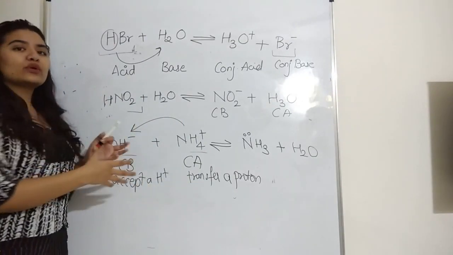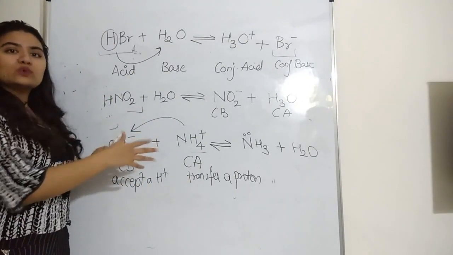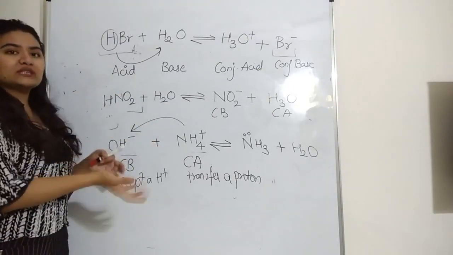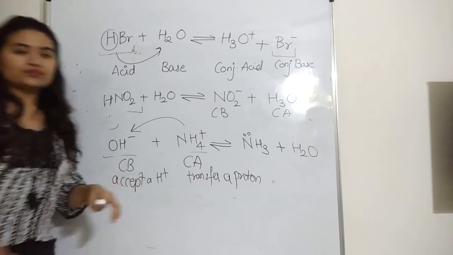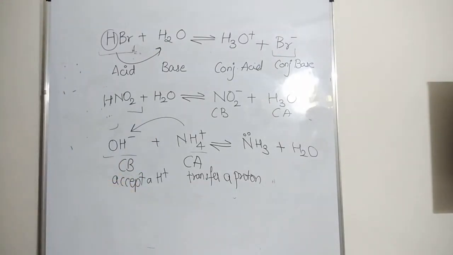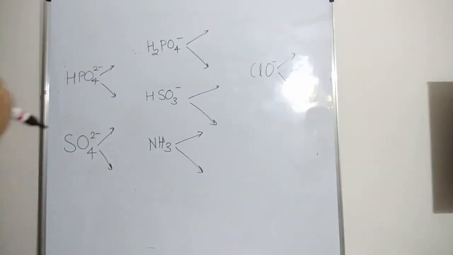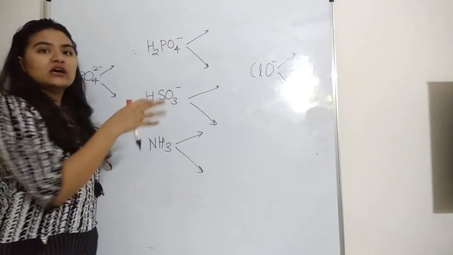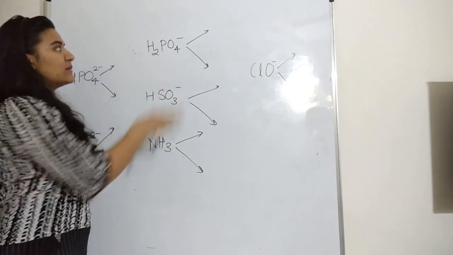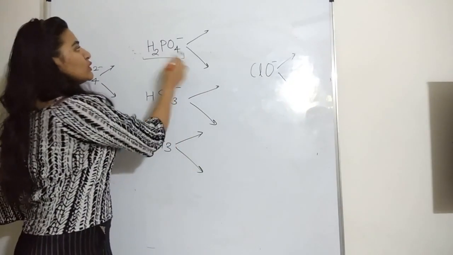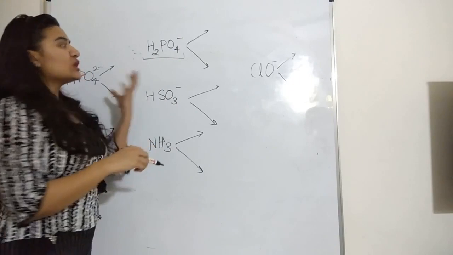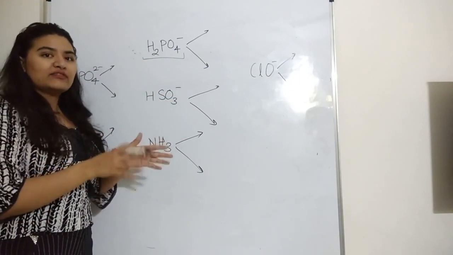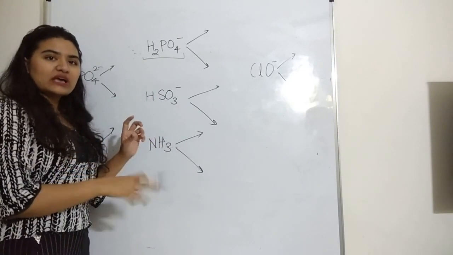Now I'll give you some more questions or just a few compounds. You have to understand which will be the conjugate acid or conjugate base of that particular compound. Now I have some examples over here for you. You have to identify the conjugate acids and bases of these compounds. Like you have H2PO4 minus over here. Now this is already minus and you must be now identifying कि जितने negative हो जाते हैं वो सारे conjugate